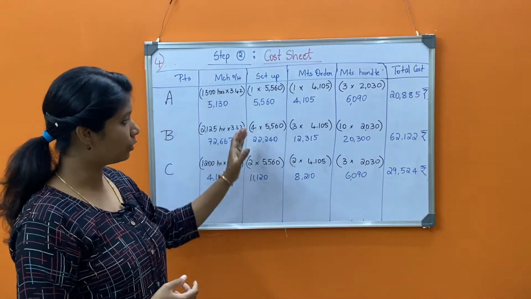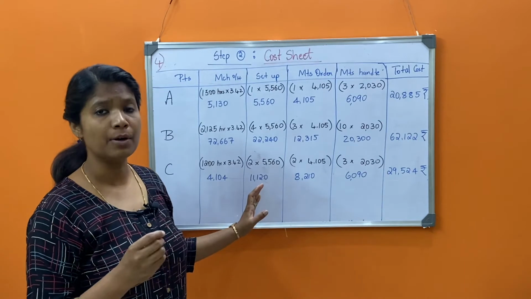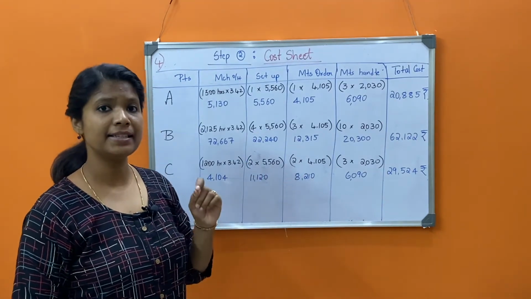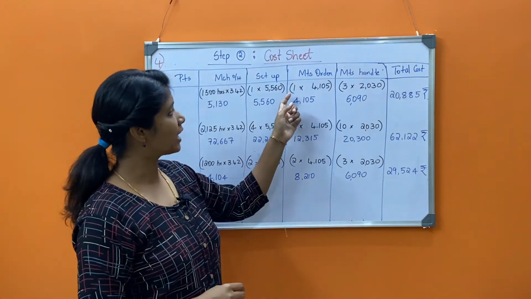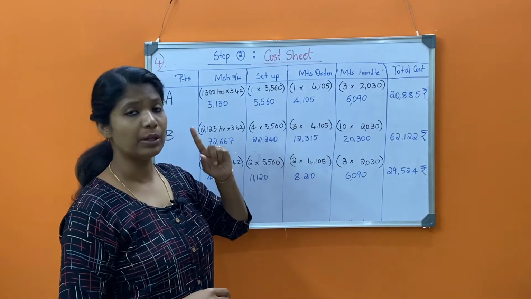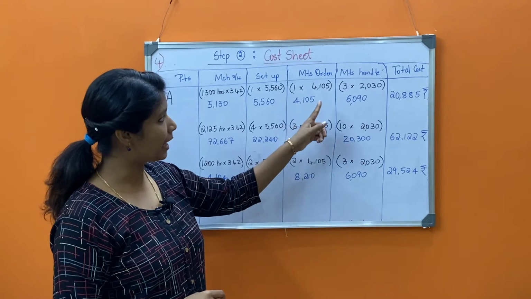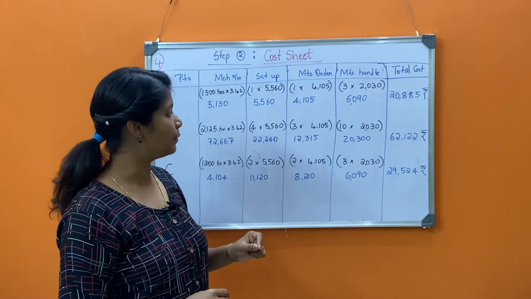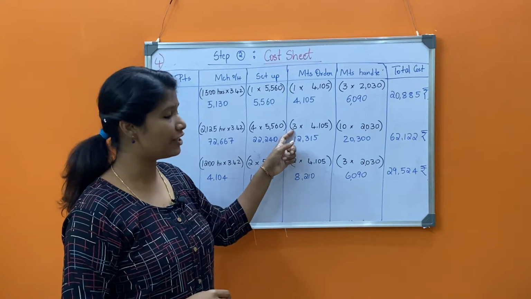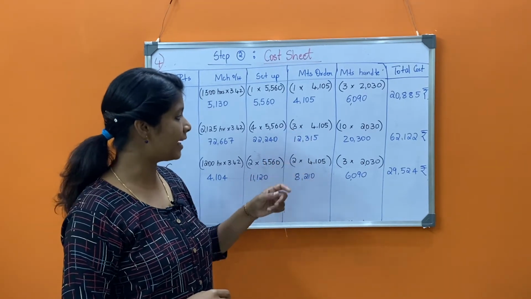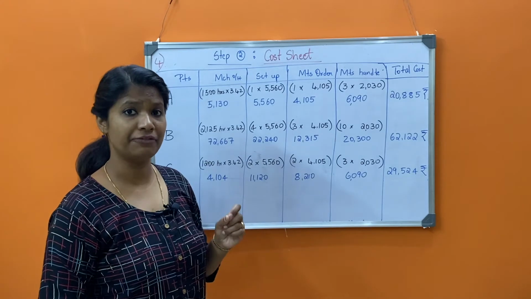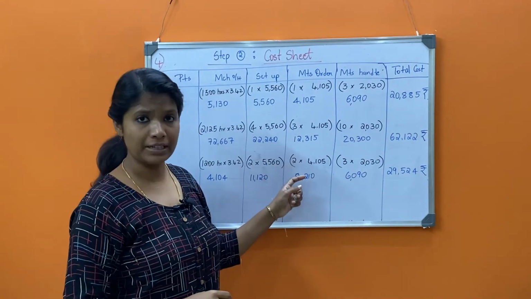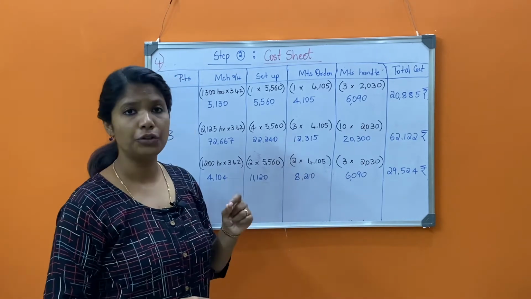So these are the totals for the setup cost activity. The next activity is the materials ordering cost. Ordering is only once for product A, multiplied by the rate I get the same amount, 4,105 rupees, and product B is 3 times multiplied by the rate, I get 12,315 rupees, and for product C it's 2 times multiplied with the rate,